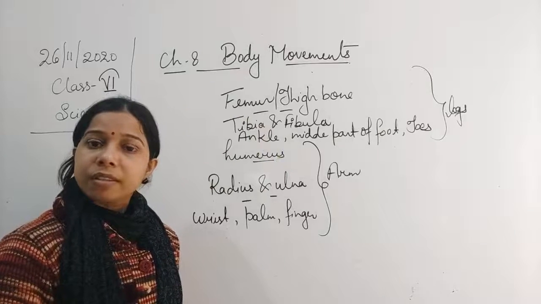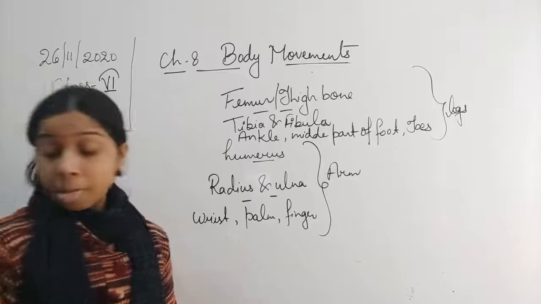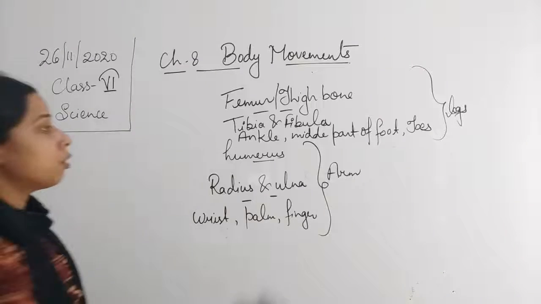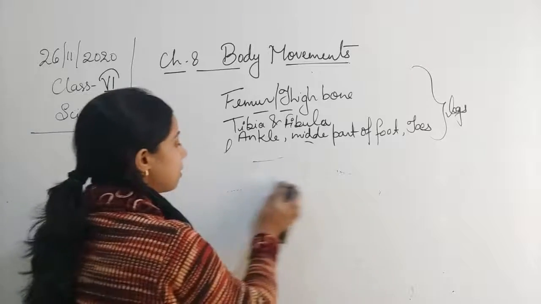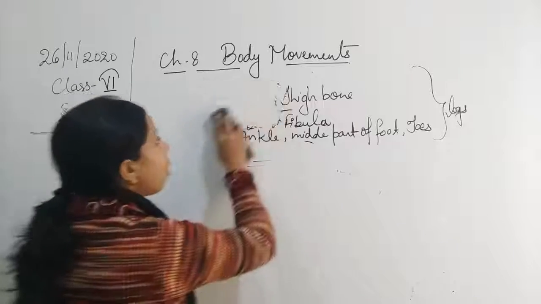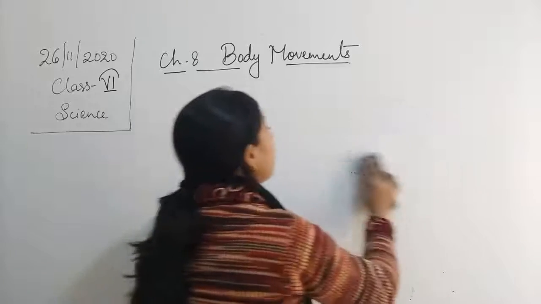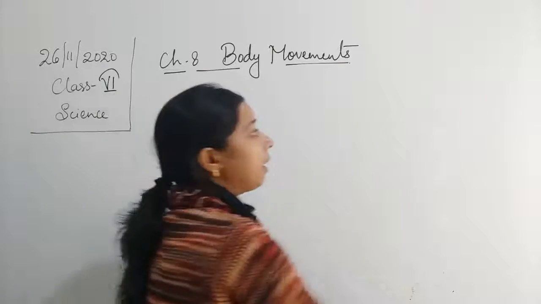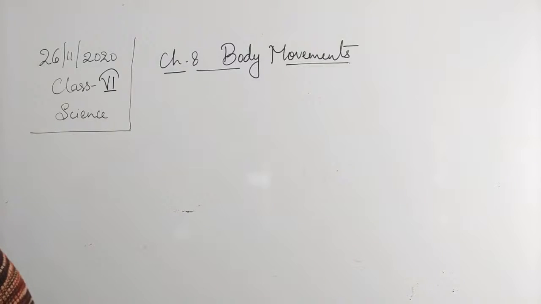Okay, so this is the different types of bones present in the human body. Now, they all constitute together our skeleton, that is known as the human skeleton. They join together by different joints and finally form a human skeleton. Okay, so we can now write the function of a skeleton.